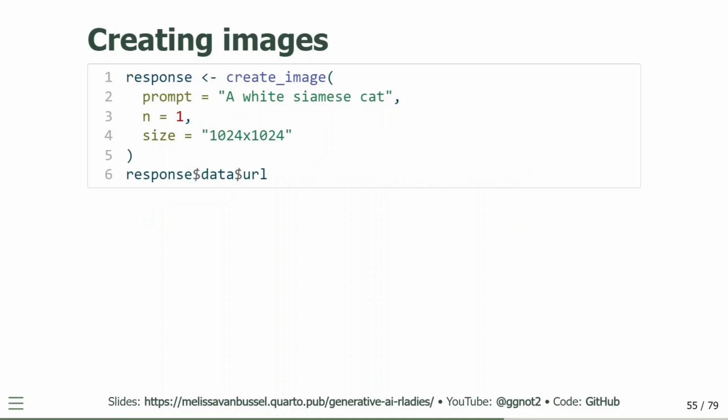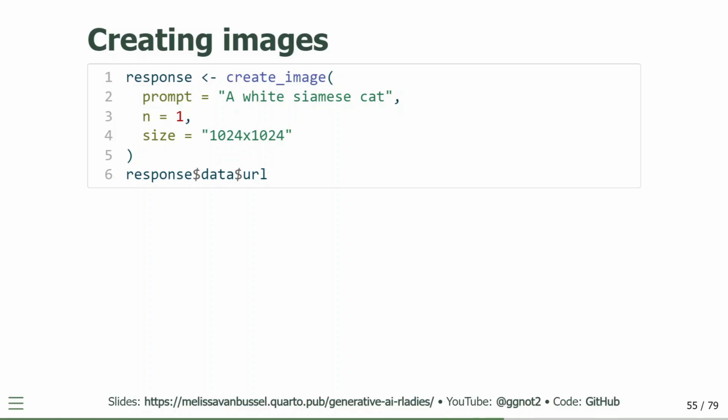If you want to create images using OpenAI's DALL-E models, you can use the create_image function. You can provide a prompt and then also the size of the image that you'd like to create. Creating images is quite a lot more expensive than just having the back and forth chat. And the cost of the image really depends a lot on the resolution of the image that you're trying to create. This 1024 by 1024 is fairly expensive,